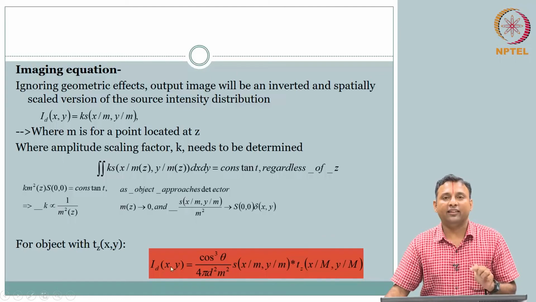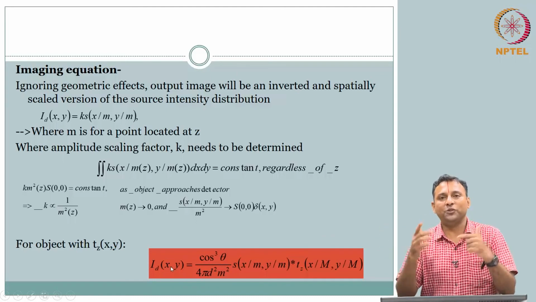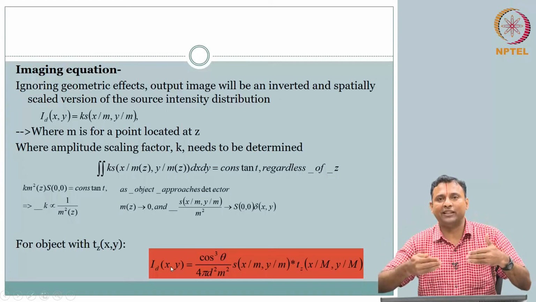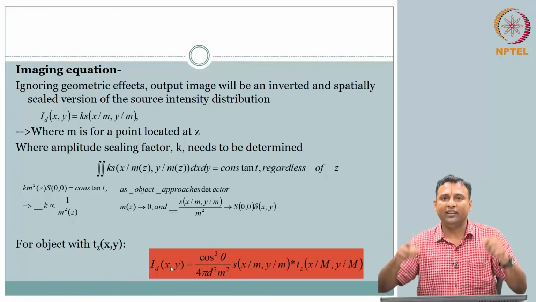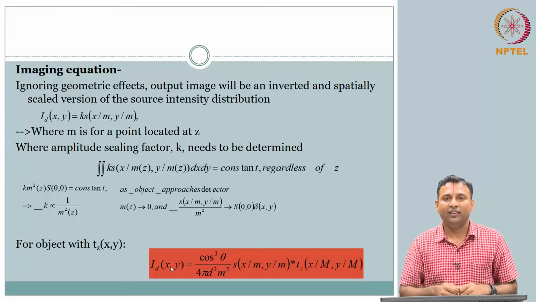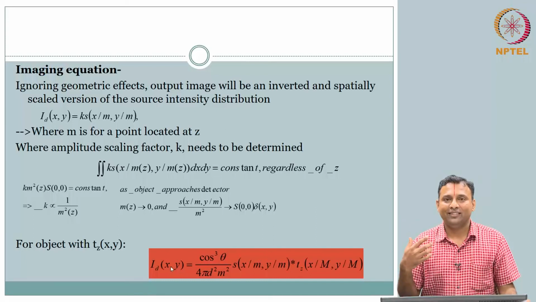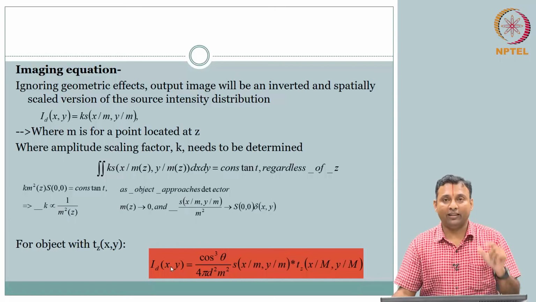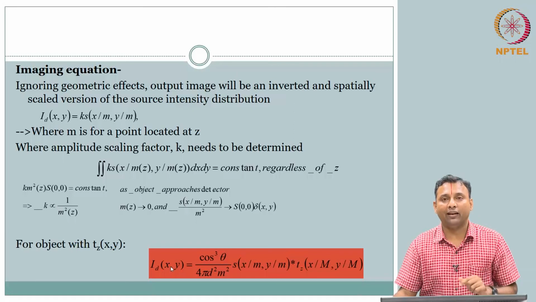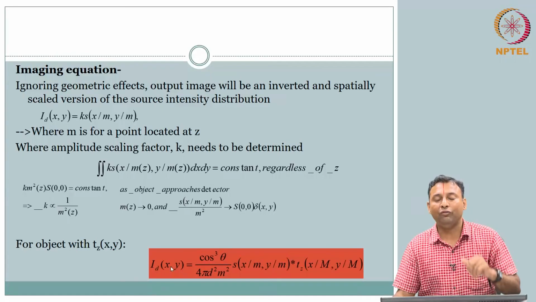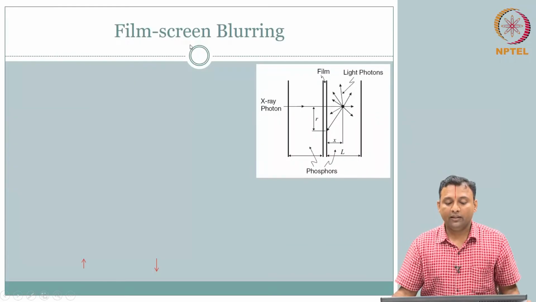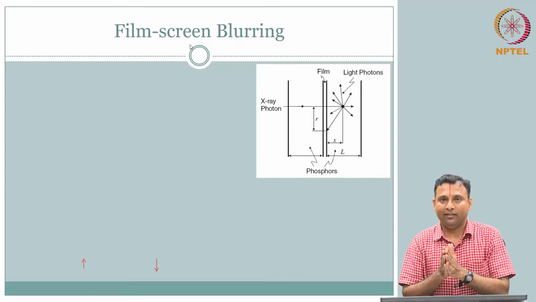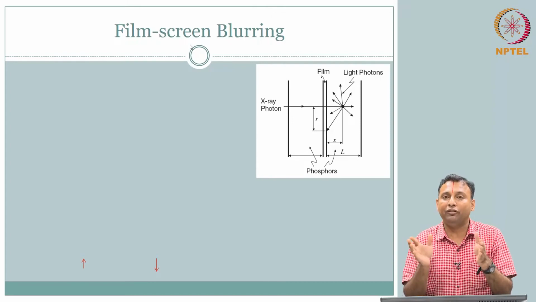But what falls on the detector is not what you see. What you see is, after it falls on the detector, there is a film screen, and then you get a printout like your developed film. That is what you see. So is there an effect due to the geometry of the detector? How do I incorporate that in the image that is actually viewed? Here the only aspect on the detector is your film screen. Otherwise there is no big deal. So we covered the film screen.